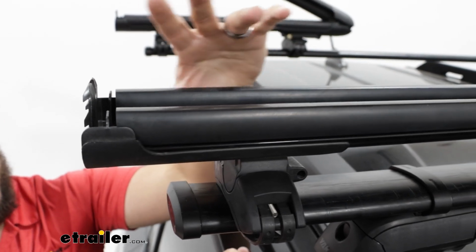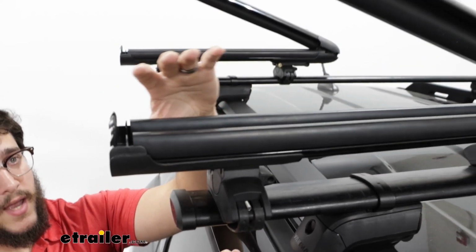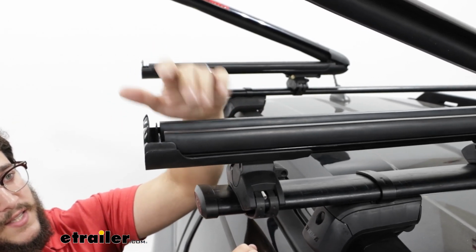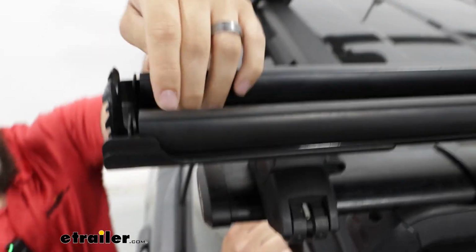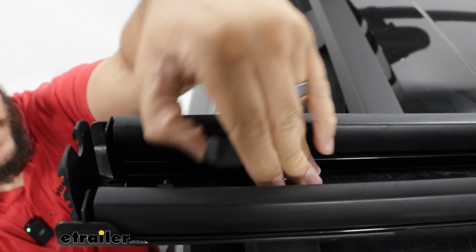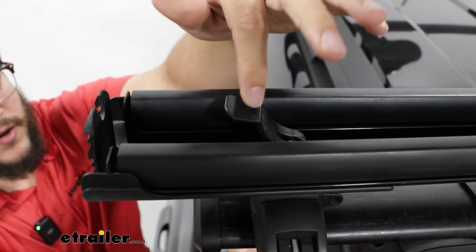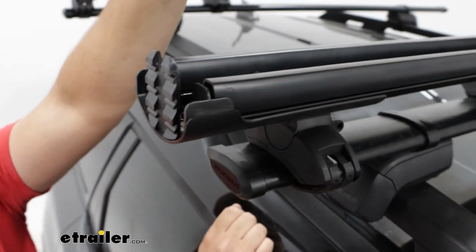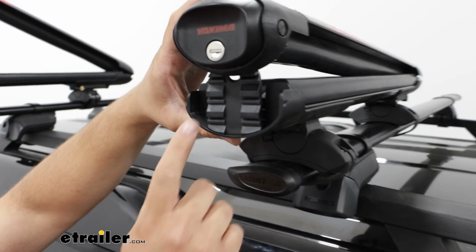What I really like about this design of the carrier, though, is we have really just one point where everything secures, and it's inside the carrier. Right here, we're going to have this lever. If I can find it with my thumb, this actually tightens down a hook on the outside. And to really show you what I'm talking about is when I close this up,